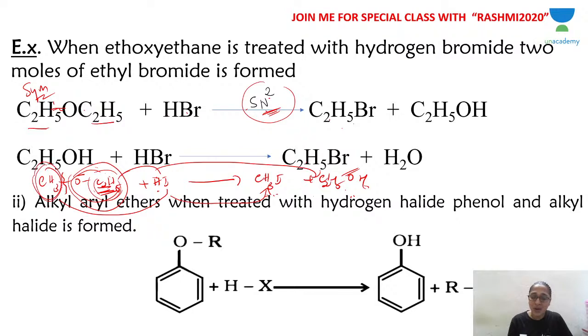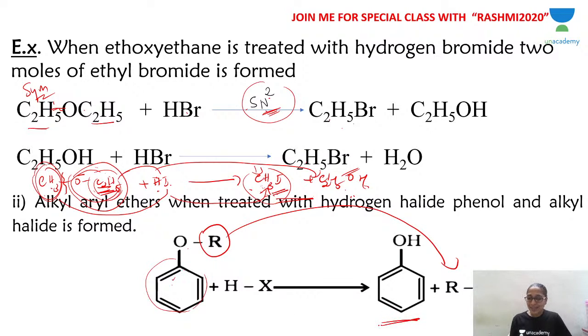Smaller alkyl groups will take up the halogen ion, forming alkyl halide. So the alkyl halide comes from the R group with fewer carbon atoms. Smaller alkyl group forms alkyl halide. That is how to remember. Only one step. The bulkier group forms, in the case of alkyl aryl ethers, phenol. The reaction stops here in the case of unsymmetric ethers. An alkyl aryl ether is an unsymmetric ether.